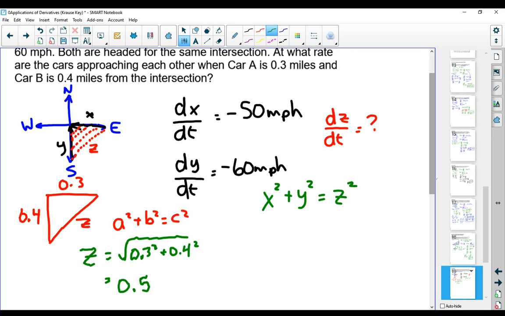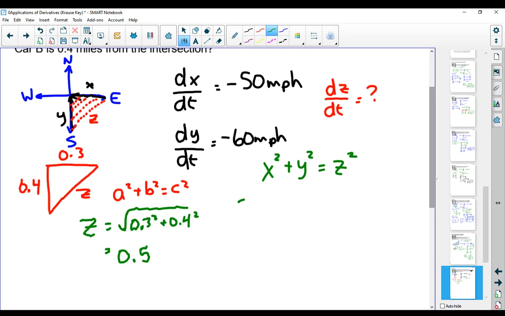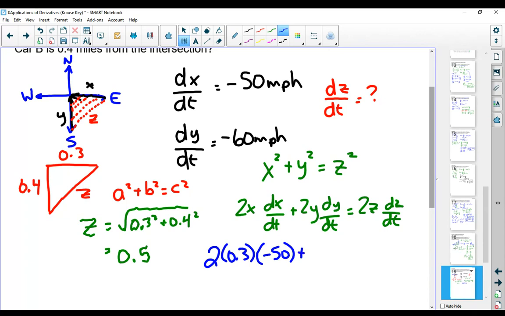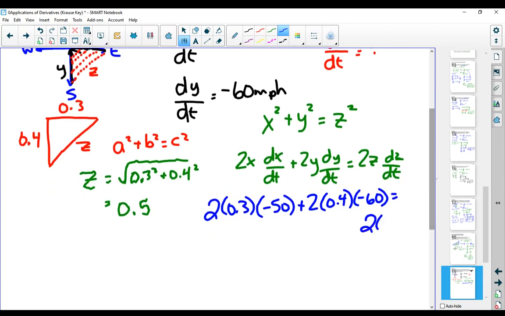We're going to take the derivative. Again, we're doing implicit differentiation. So we're going to have 2x dx/dt plus 2y dy/dt equals 2z dz/dt. We sub in what we know. So we know the 2, we know x is 0.3, we know the rate of change is negative 50. For car B, we've got 2 times 0.4, rate of change is 60, and then our z is 2 times